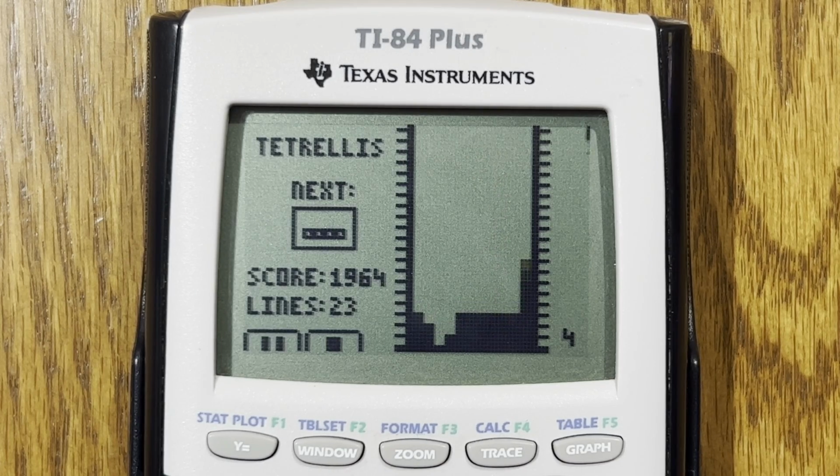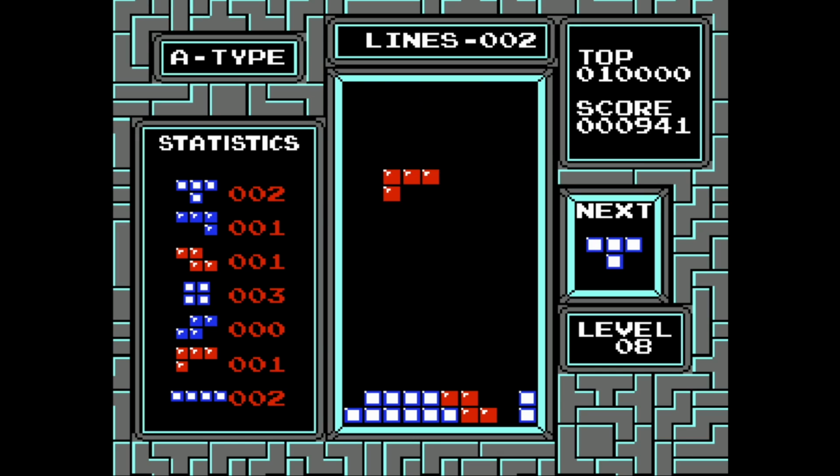The game that I'm talking about today is Tetris, which is my favorite game that I've coded. It runs really fast, the graphics look great, and it is actually fun to play on the calculator. So let's get started. You probably know how the game Tetris works, but just to summarize, there are 7 types